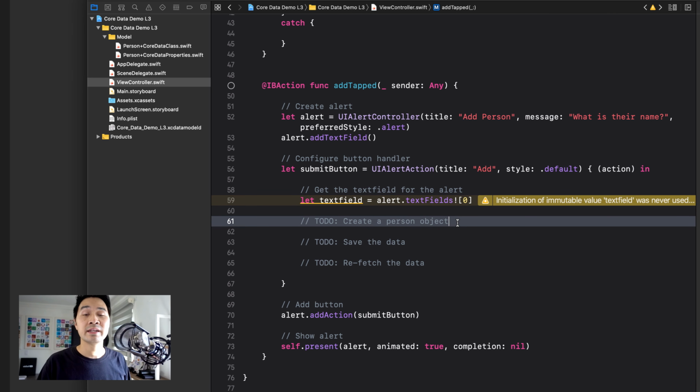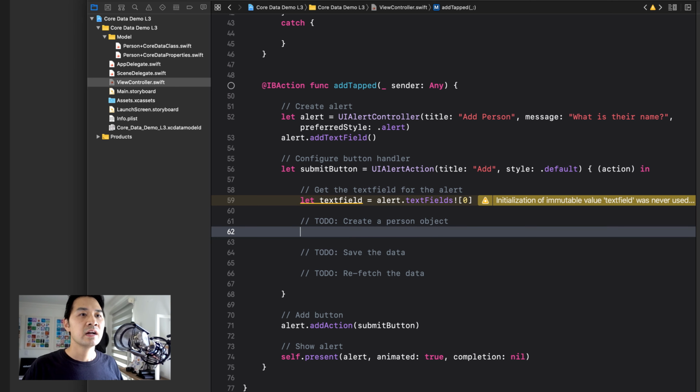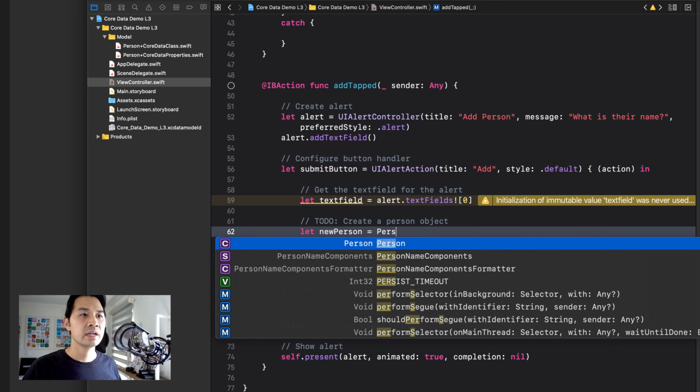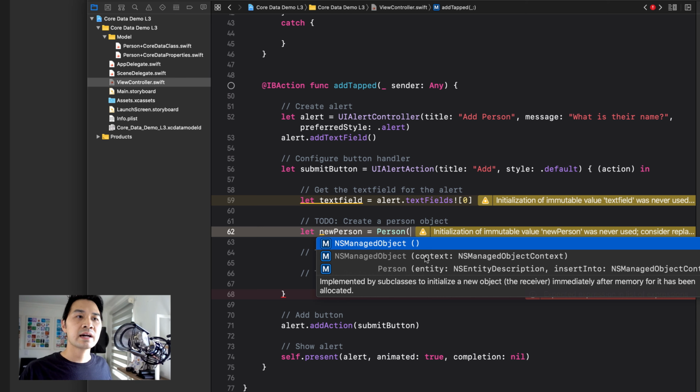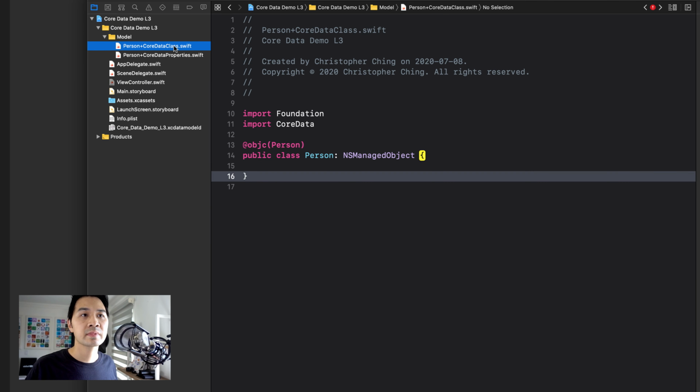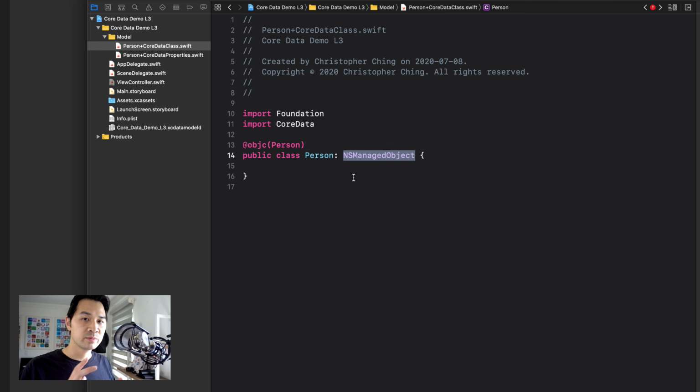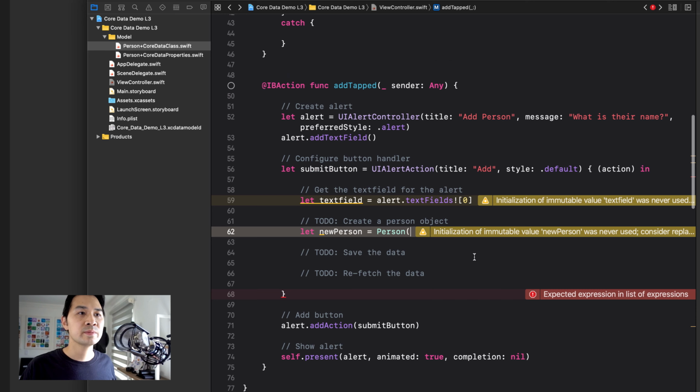And here we're going to create a new person object, and then we're going to assign the name and the age and the gender and stuff like that. All right, so let new person equals, and we're going to try to create a new person object like usual by using these rounded brackets. But you'll see here that because this is a subclass of NSManagedObject, that's what allows it to be saved into core data, like we had talked about. Because that's the case,